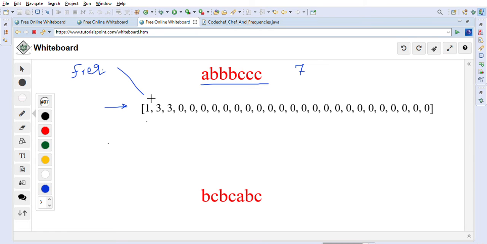So let's just write the index here, right? Index is 0, index is 1, index is 2. These are the indexes in the array. Now first we will choose the maximum as this one. This is b. So we will choose b, and append b here. We will reduce its frequency, so frequency will be reduced to 2 now.